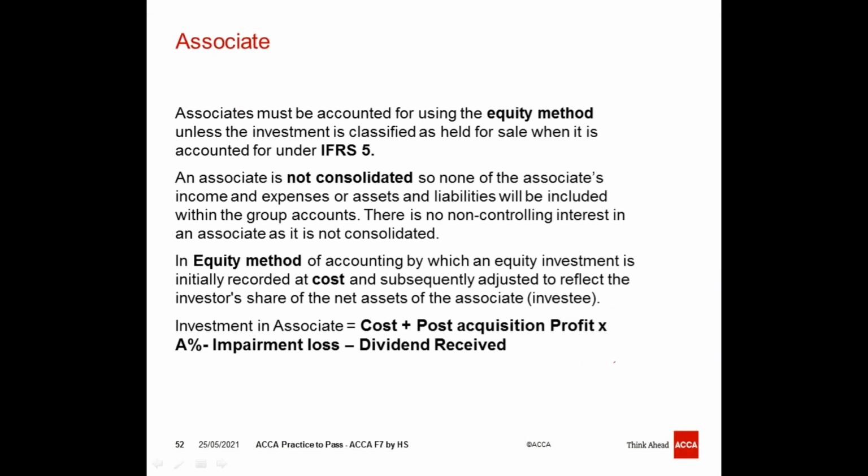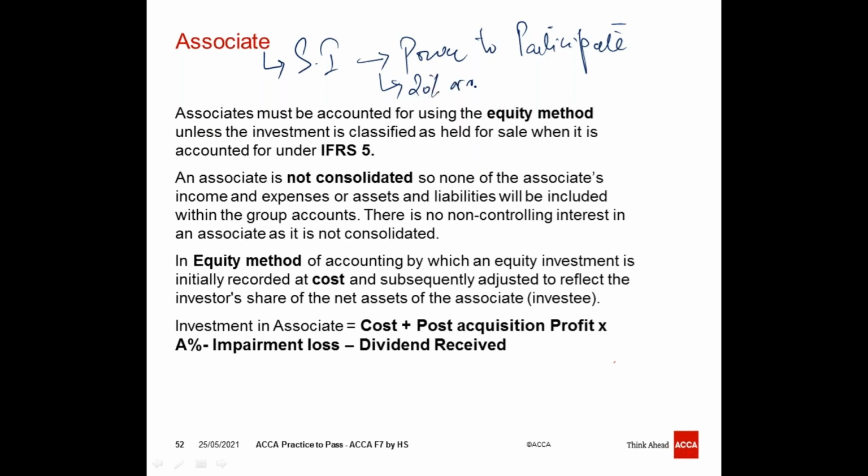An associate is an entity over which the investor has significant influence. Significant influence means power to participate in the decision-making process. An associate is presumed when you have got 20% or more ordinary shares. Remember this point that the associate is not consolidated, so none of the associate's income and expense and asset liability